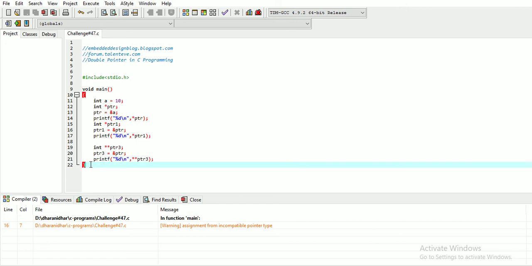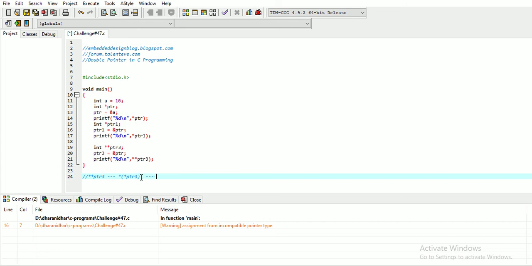So just as a comment to understand, star star ptr3, which is a double pointer, can be understood as star of star ptr3. This star ptr3 points to the value held by ptr1, so that means this will be star ptr1.